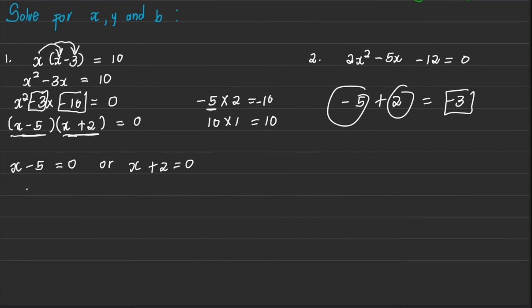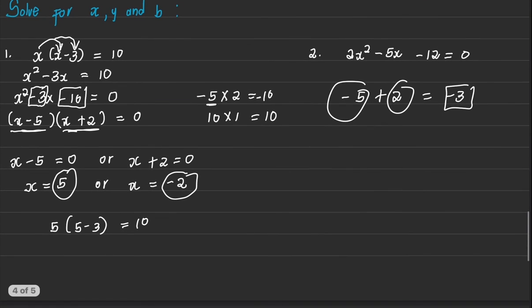So if you solve for x, you will have x, which is equals to 5, or x is equals to negative 2. And then we go to our fifth step of solving quadratic equations, which will be substituting your answers into the original equation. So if I substitute 5 into the original equation, I'm going to have 5 into 5 minus 3, which is equals to 10. And then if I solve the bracket, I'm going to have 5